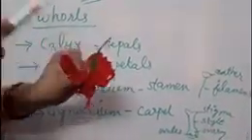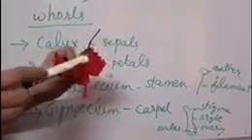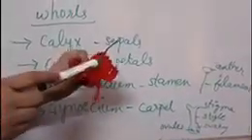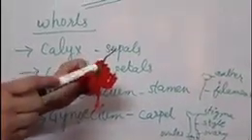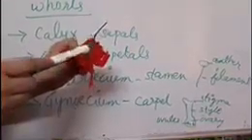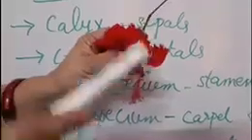First you see that the first whorl of the flower is known as calyx. This calyx consists of sepals. Usually in a flower they are 5 in number. They can be 4 or 5 or even 3 also. These, as you can see, they are green in color. Now, since they are green in color, they help in photosynthesis. Next, we also find that when the flower is in bud condition, it protects the flower. Otherwise also, since it is the outermost whorl of the flower, it protects the inner parts of the flower.